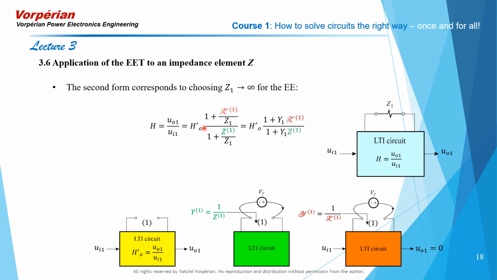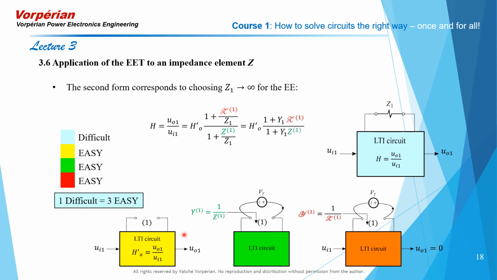One corresponds to the reference transfer function with the value of the extra element taken as infinity, and the other one, or the previous one, is when you consider the value of the transfer function with the extra element value set equal to 0. So once again, this being the difficult calculation, it has been broken down into 3 separate, simpler calculations because none of these contain the troublemaking element z1, and we have one difficult step replaced by 3